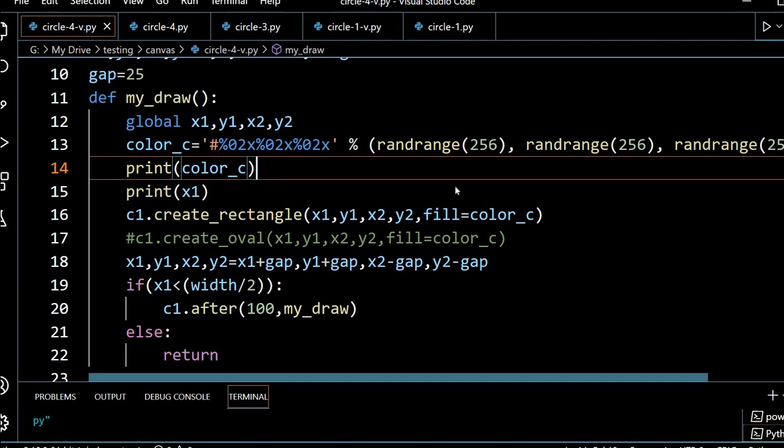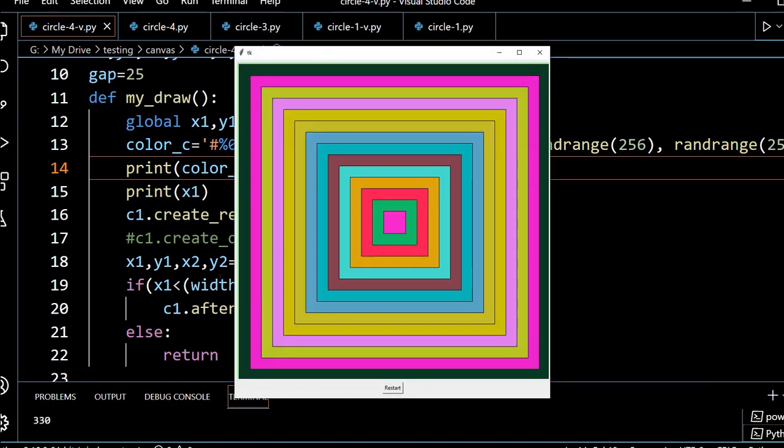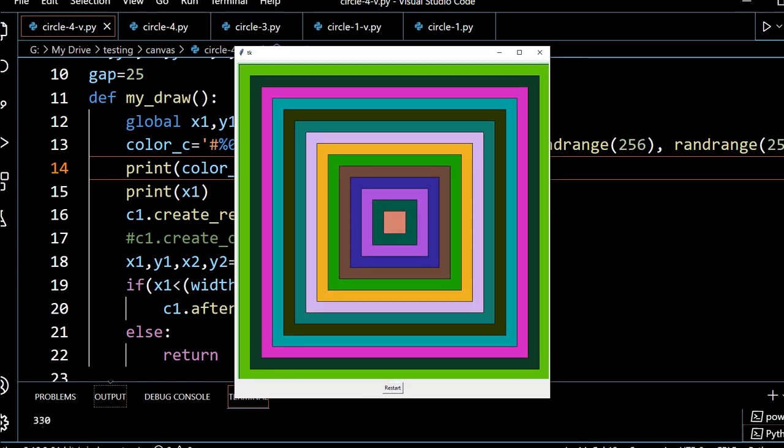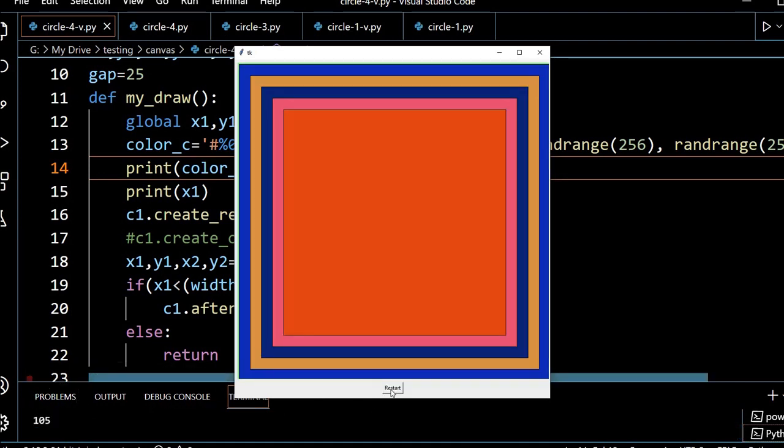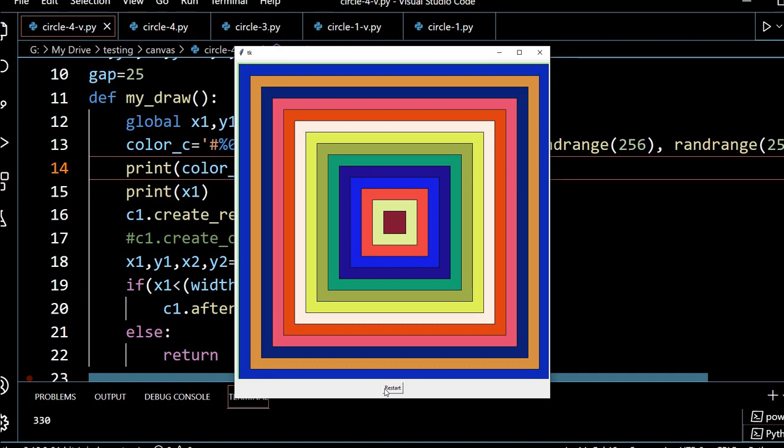Now let's run this. Okay, rectangle. Okay, the timer is at 100, so it's very fast. Now let me restart it. Fine. You can see all the values are printing in the console. Here it is printed. So let me restart it. Fine. So this is how you can use various techniques, various methods to create animations and all.